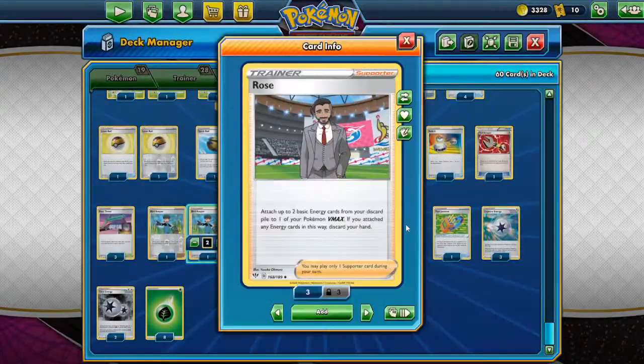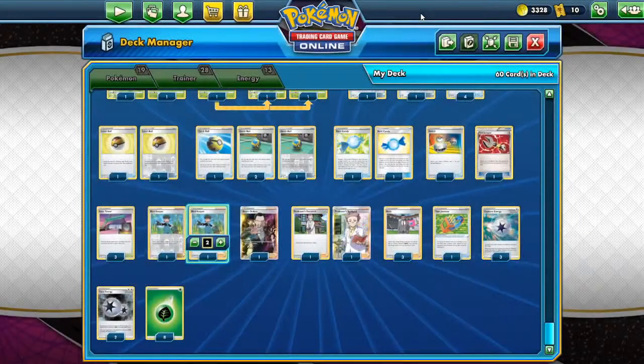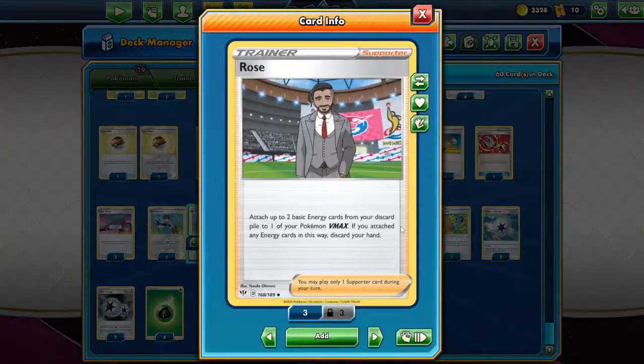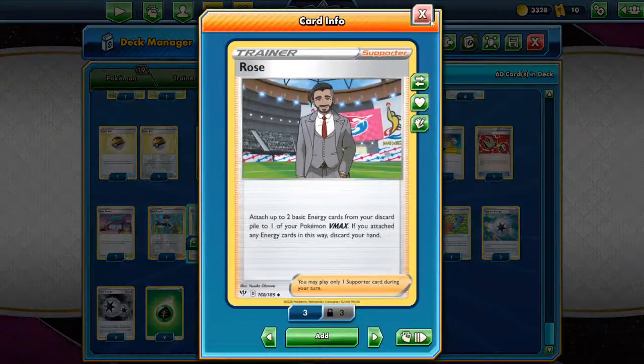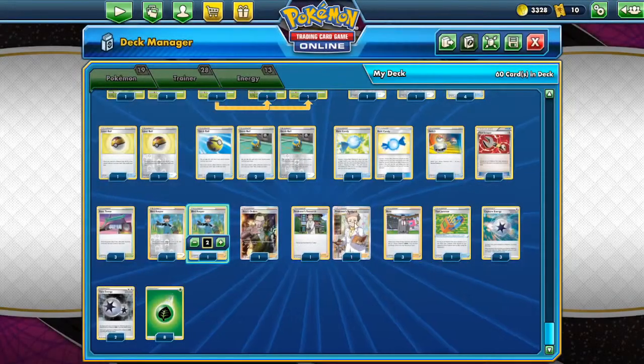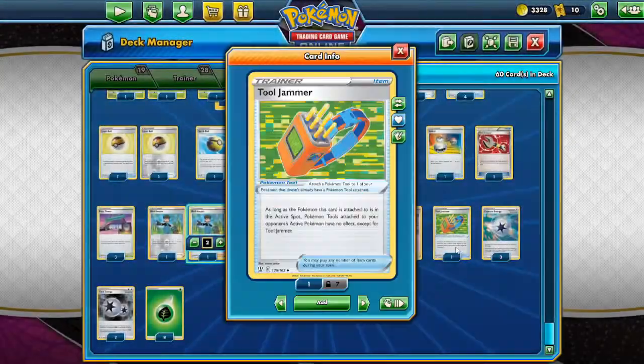So that's the main cost, the heaviest cost, the main sacrifice that we actually have to give up when playing these cards, because we are discarding our hand. But we actually get to do a lot with Rose. We get to attach 2 energy cards, we get to draw 7 cards with Research, and we also are playing our Tool Jammer, Tool Scrapper, because we don't actually get to knock out a